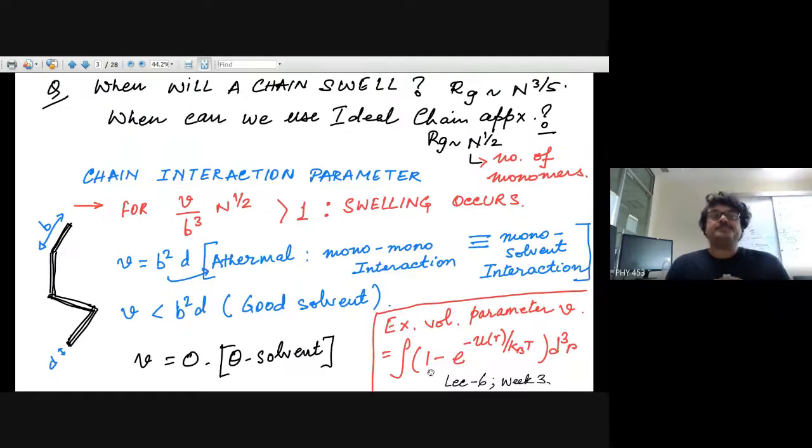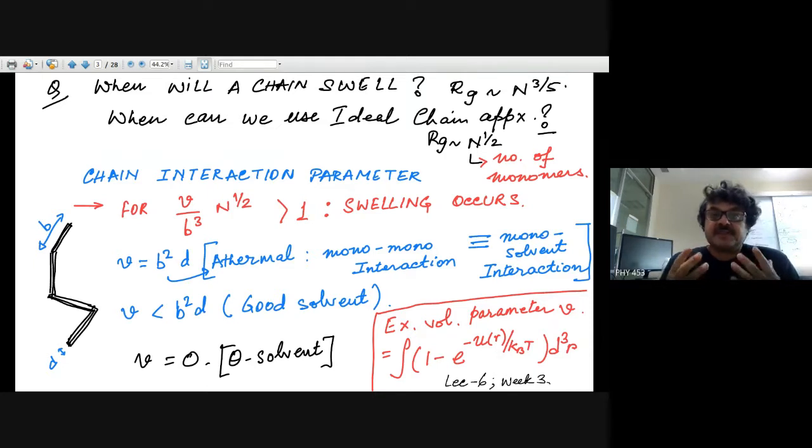Why do we care? What are the kinds of questions that will be discussed? I mean, what are the physics questions? So a blob is a theoretical concept which helps us calculate. But what are the kinds of physics questions that this discussion of blobs will help us with? The broad question will be,